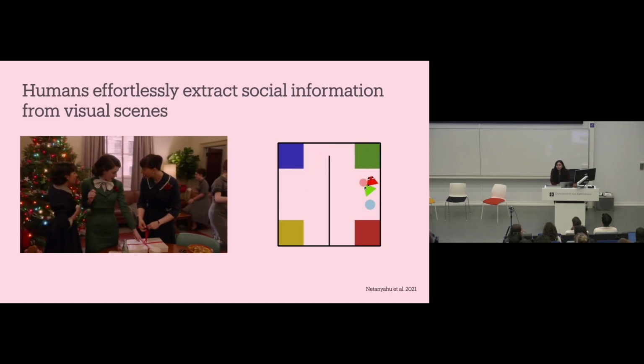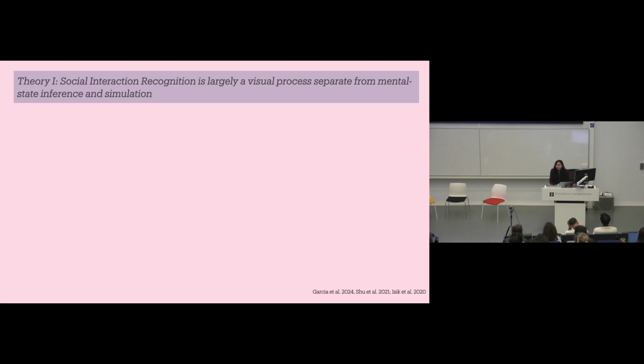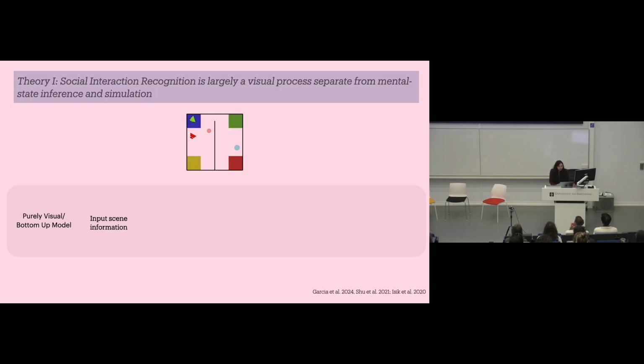Now, while this is such a core human ability, the underlying computational mechanism is still unknown. So there are two broad theories about how humans may be doing this. One suggests that it is largely a visual process separate from mental state inference and simulation. This is supported by recent behavioral and neural evidence. So if humans were using a bottom-up visual process to infer the scene that I just showed you, they would process the input information using cortical computations well approximated by a typical neural network